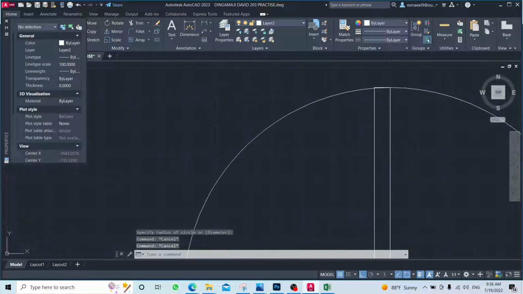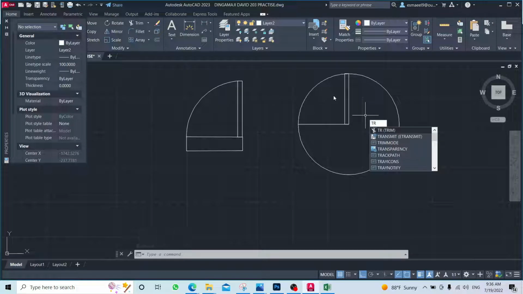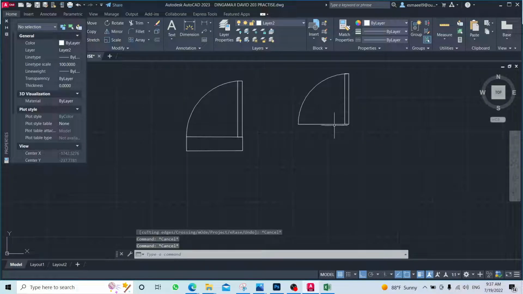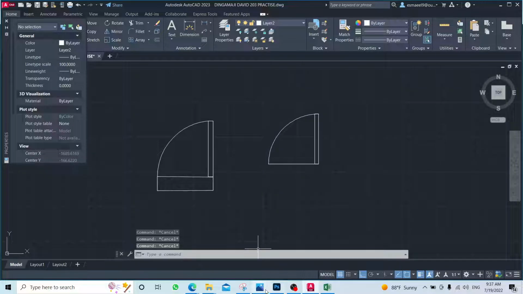And now we talked about a trim, right? So with the trim command, I will click one time, two time, and then click this piece. So now I will be able to delete it. Anyway, even though this is not the way of creating the door, okay? Let us create something like,